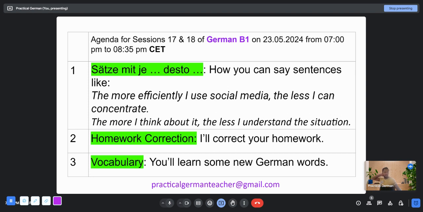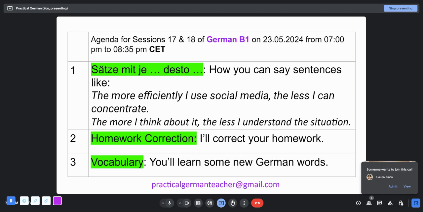This is the 17th session out of at least 24 complimentary sessions for German B1 level. On the screen, you see the agenda for today's sessions. So, in the 17th session that is happening right now, we will look at sentence formation with je and desto,